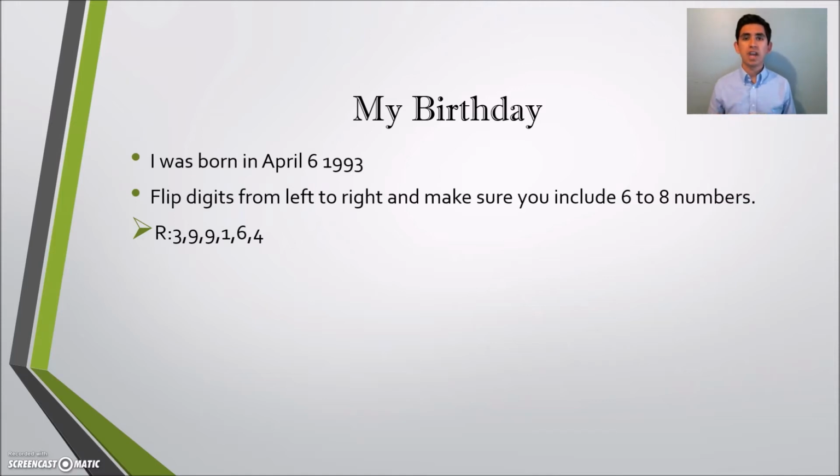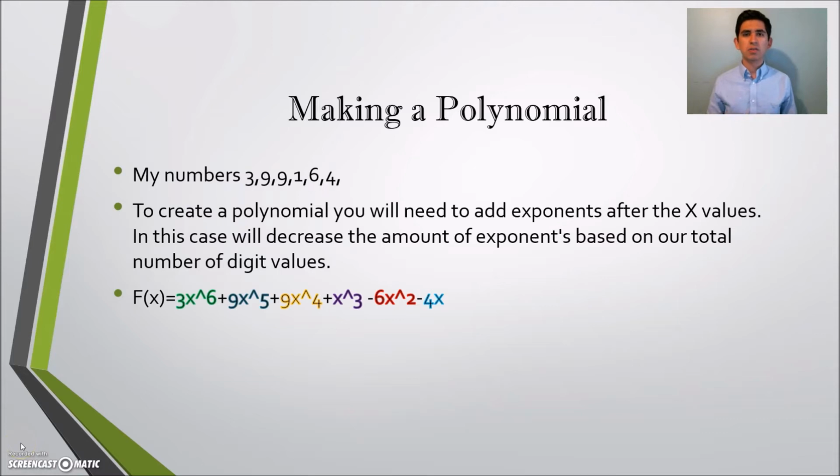Then let's move on to the actual date of when I was born. I was born on April 6. So that means that I will have to cancel the 0 because I want to put an x instead of that. So then I will use the 6, and then I will use the 4, which is the actual month when I was born. Remember, we must cancel the zeros so we can put a value of x. Making our personal polynomial, my numbers are, one more time,